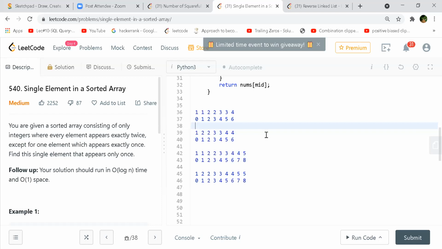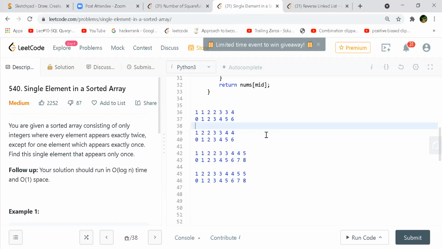So in case of odd, as I observed, if the first half is perfect, then mid and mid minus 1 will be equal, right? Mid and mid minus 1. Yeah, so if they are equal, you mean to say that you ignore the left side, correct? Yeah, including the mid element. Now my start will be mid plus 1.